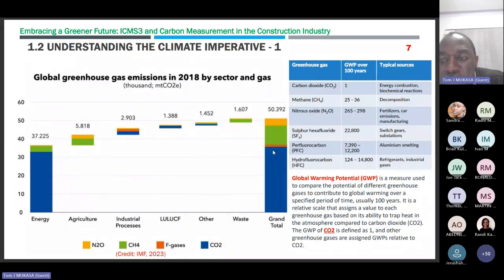So I've tried to put a summary of these greenhouse gases, and we use carbon as the SI unit, but it's not only carbon dioxide that is out there. We have these other gases, and we always convert them to a global warming potential over 100 years. And you can see these are actually heavier in damage than carbon dioxide. So you can see methane is between 25 to 36 times more than carbon dioxide. Nitrous oxide is 265 to almost 300. The sulfur hexafluorides and all those that are used in refrigerants are terrible, although they are not used so much. So that is the context.